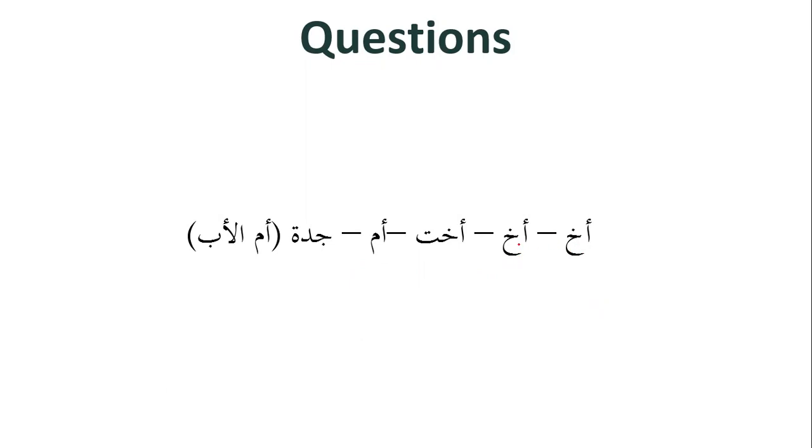In this question, we have akh, ukht, together would become asaba. The would receive 1/6, and the jadda would be mahjub because of the presence of the